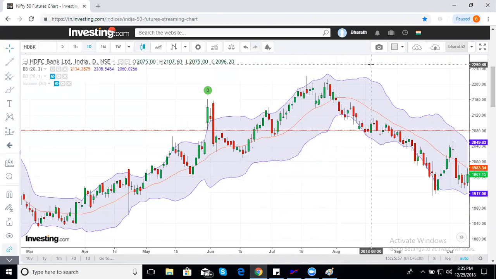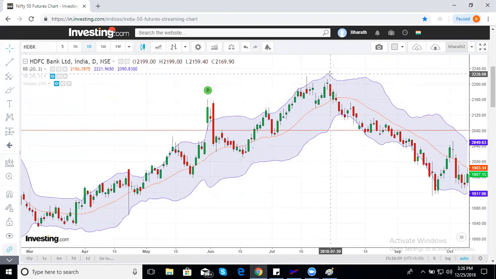What is happening here is, the buyers who had the strength to take the prices outside the 2 standard deviation now have no energy left to do so. And this causes a divergence in volatility. What does that mean? It means the buyers are no more strong. When buyers are no more strong, the market will fall on its own weight.